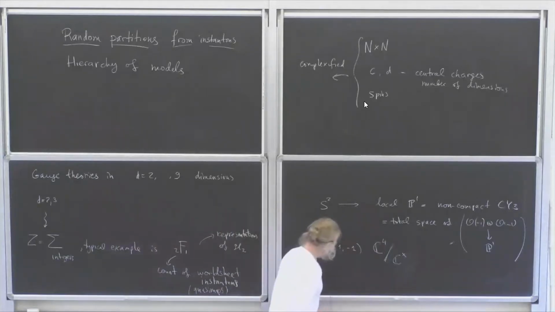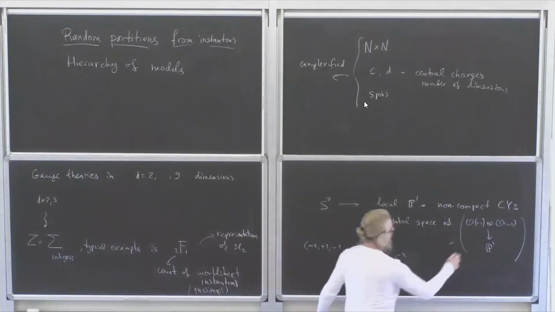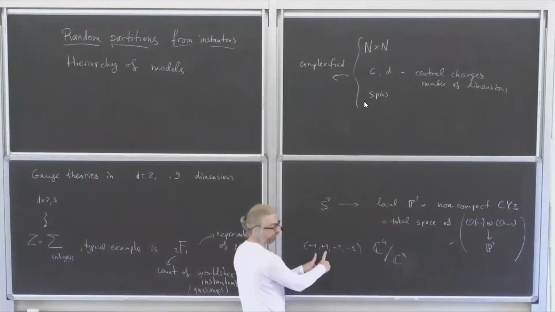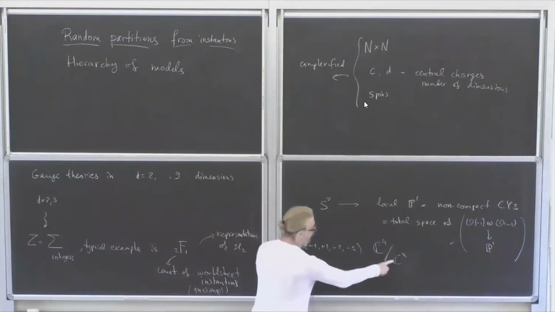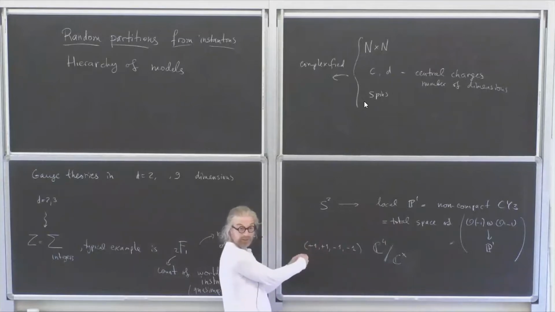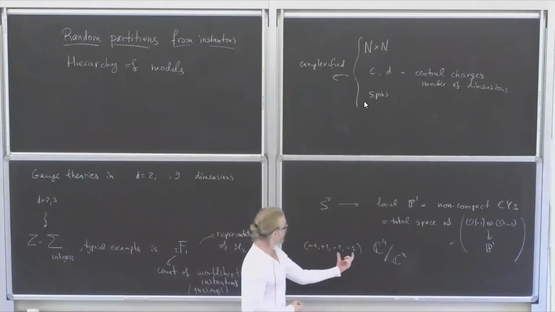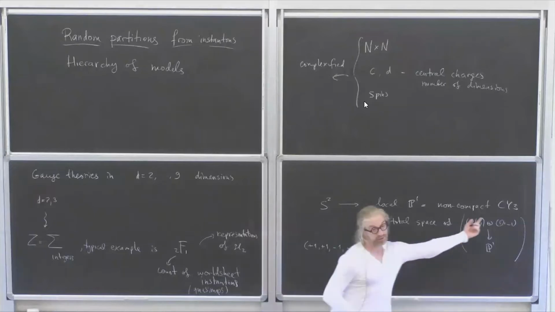And so this P1 is, roughly speaking, a quotient of the first 2 copies of C divided by the C star, which simultaneously scales the 2 coordinates, and then the other 2 will provide the fibers of this